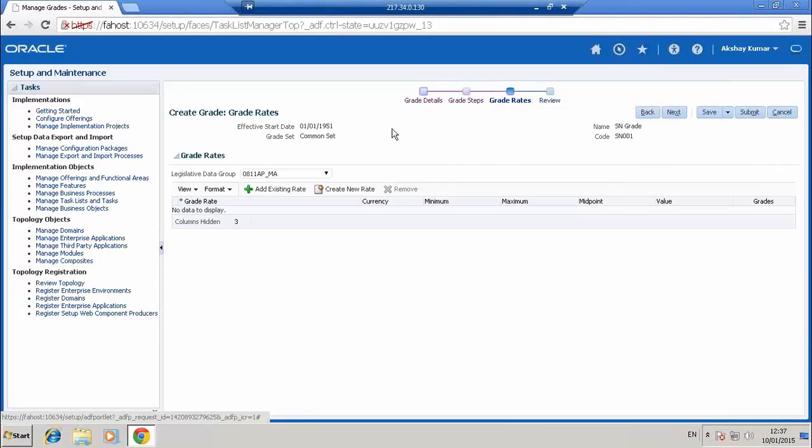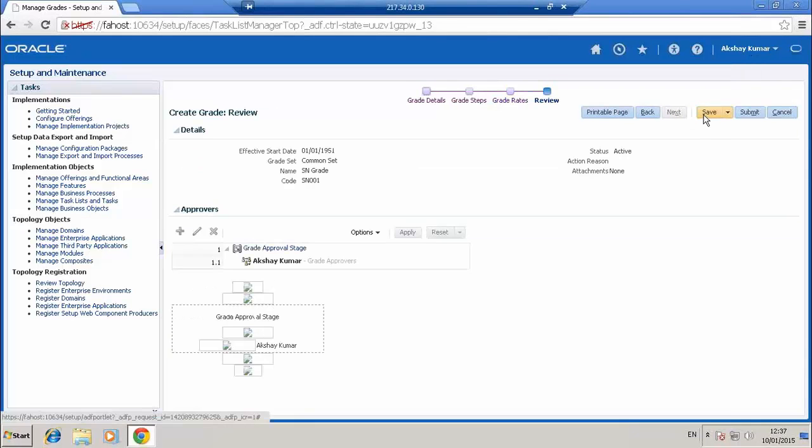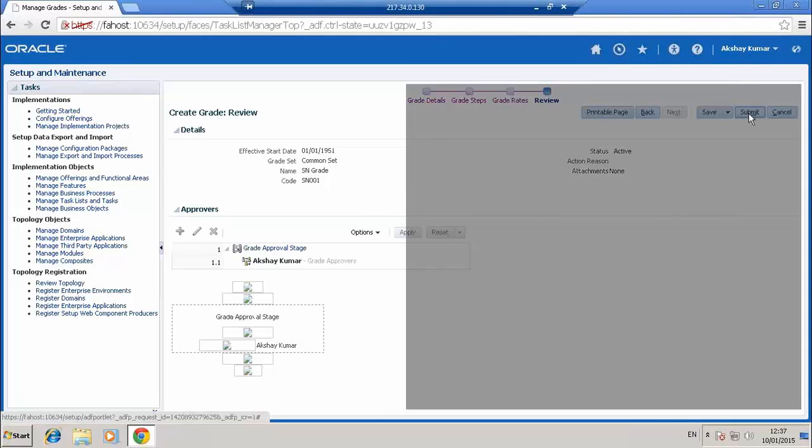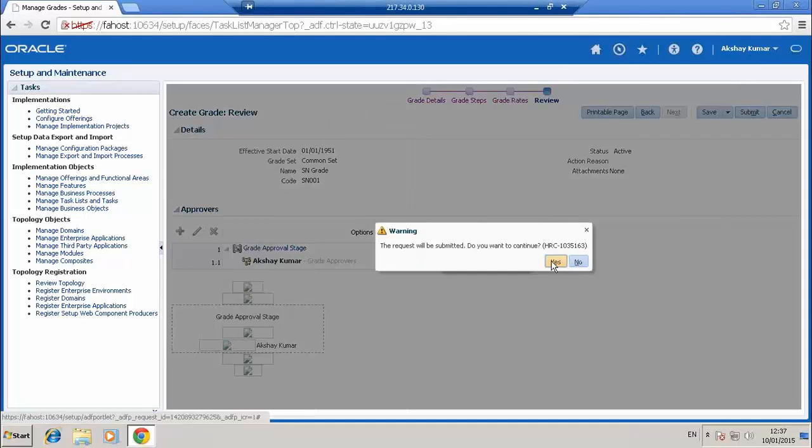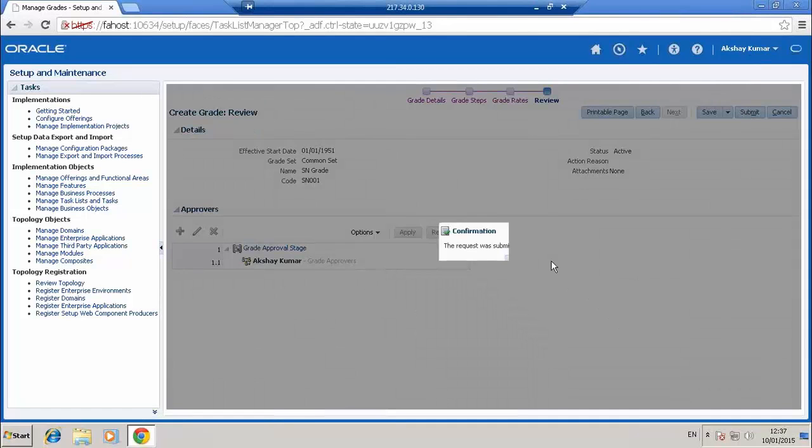I don't know why it is coming up. So what we do is we create the grade, give save and submit for that, and again we come back to grade rates.